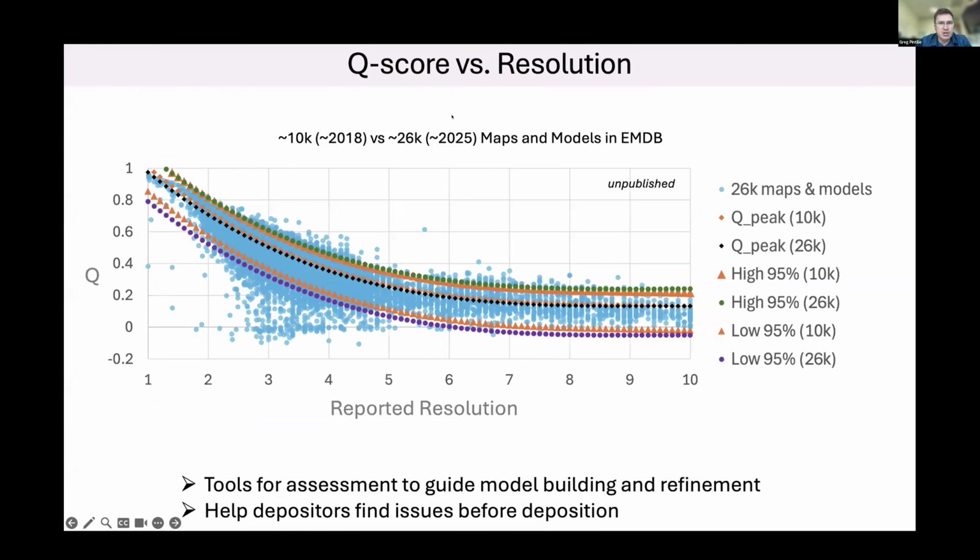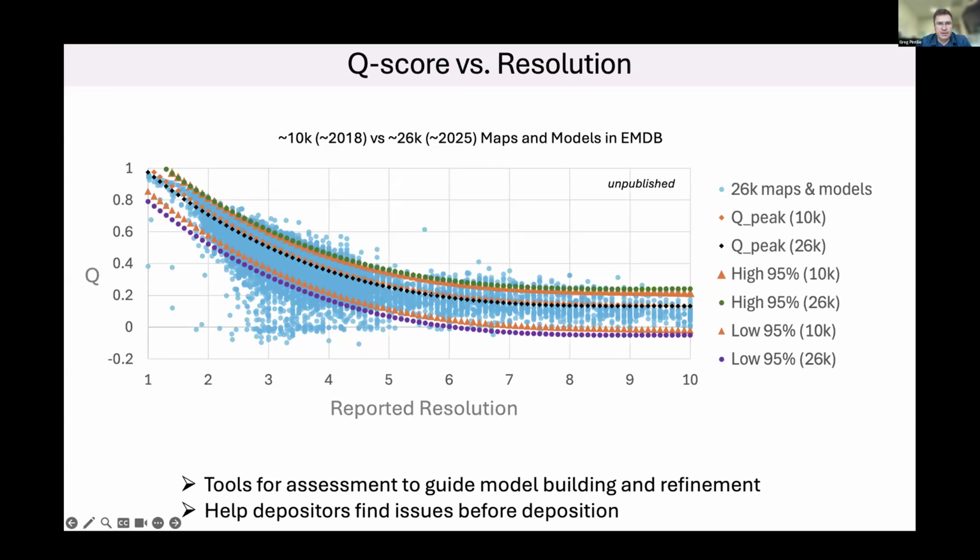so I mentioned that initially, and in the recent paper we put out, the statistical model was based on about 10,000 maps and models that were up to maybe about 2018. And now we've applied it to most of the maps and models in the EMDB, which is about 26,000 so far. And